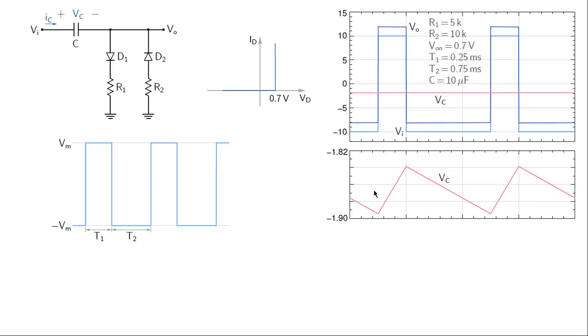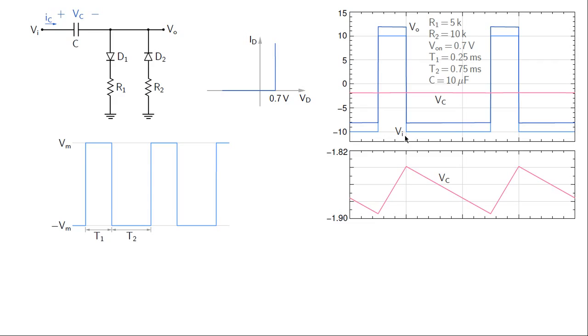Here is the capacitor voltage as a function of time, and we see that it is nearly constant but not exactly constant. It varies between about minus 1.9 volts to minus 1.84 volts,